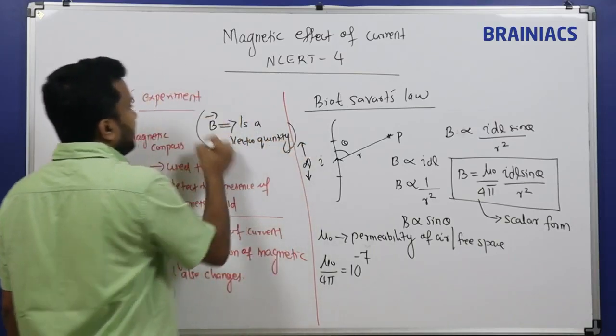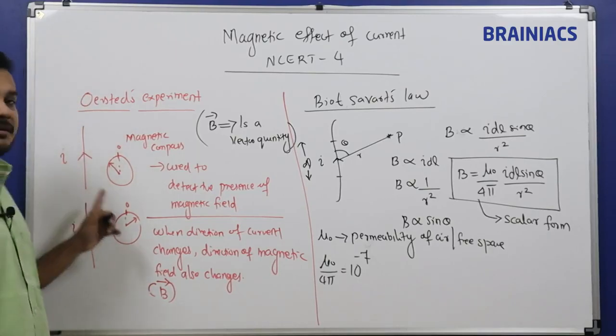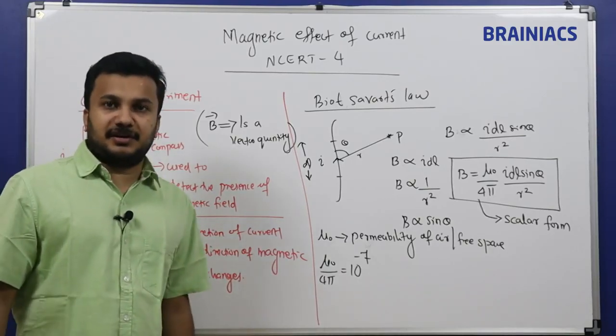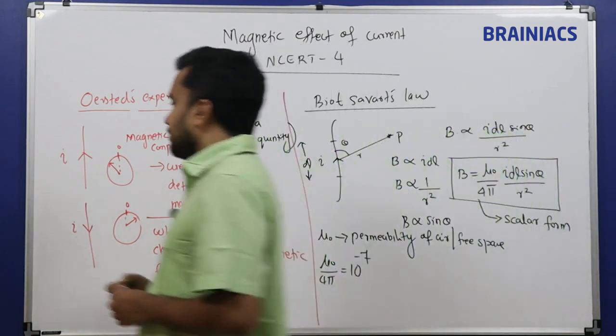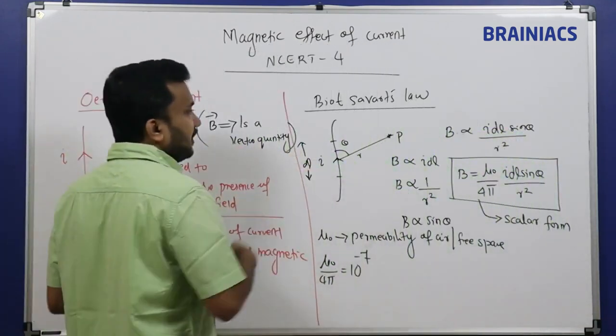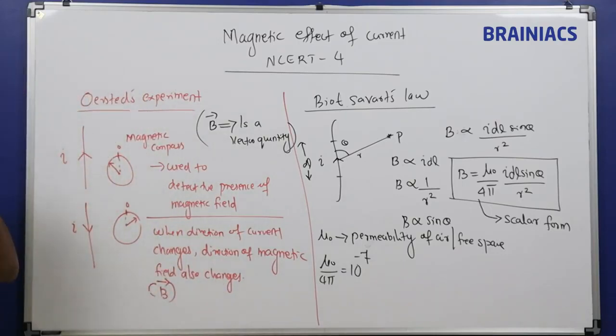Because the compass depends upon the direction of the current, the magnetic needle is also rotating in different directions. Okay. Next one is Biot-Savart's law. Biot-Savart's law is just a continuation of NCERT's experiment, where it is stated